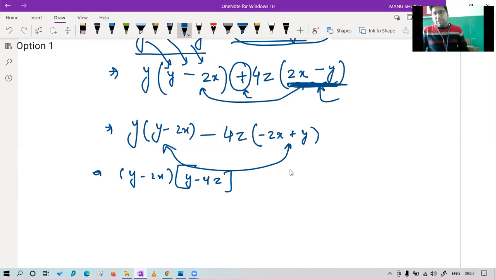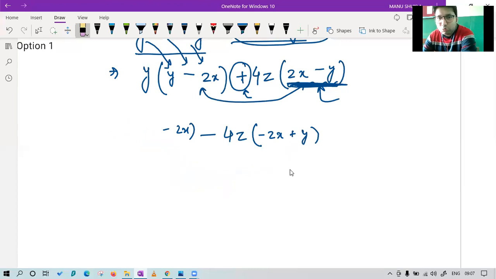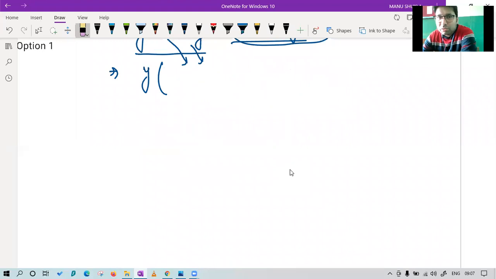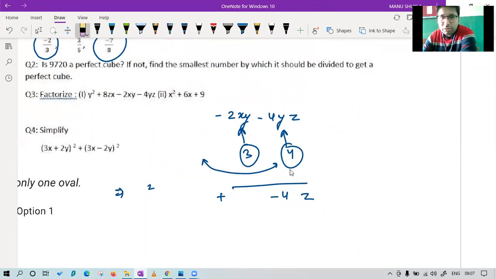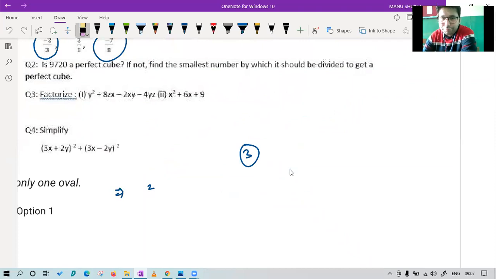It is always good to have Google Maps, an idea of the path, before actually starting the journey. Because if you start the journey and then find the path, it will take a lot of time. So let's see the next question now, which is based on middle term splitting, or which I don't know. We will see. Prisha, are you there? Please confirm. This time, this question is for you only.